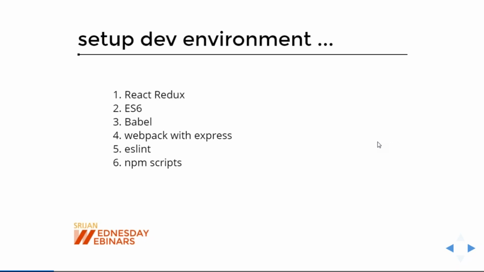We are going to use different tools here. Redux is just a library which we are going to use with React. We are going to write the code in ES6, which is the coming version of JavaScript; most of the specifications have already been released, and most of the browsers have started supporting it. We will be using Babel, which is a transpiler, because ES6 code is not supported in all browsers. So we are using Babel to transpile the ES6 code back to ES5.